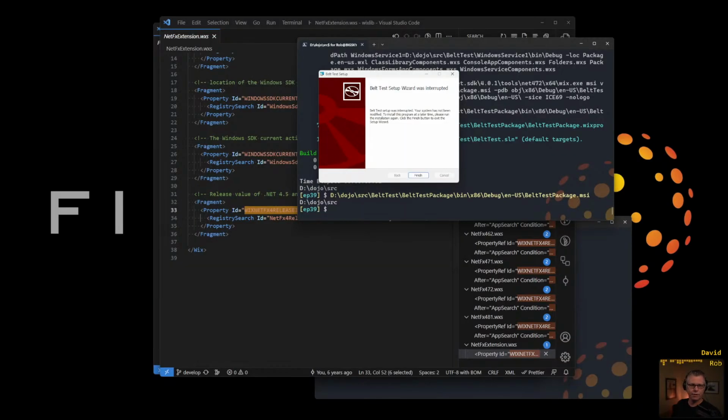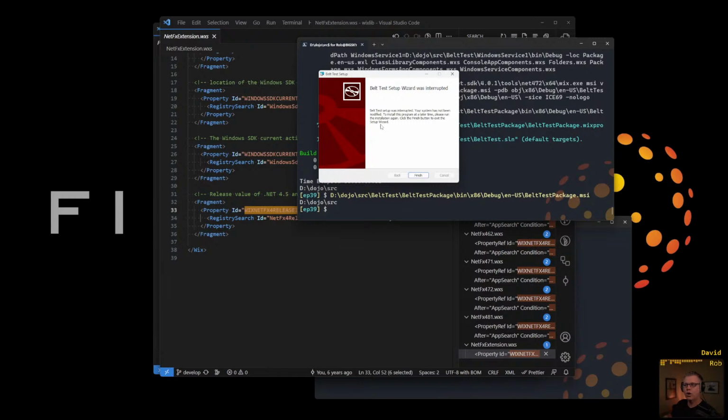So on YouTube, it is black. On where we're at, it's not. So okay, all right, that's fine. Sorry about that. That's good. I'm glad it's all black on chat. So there you know that your elevation prompt came up. I hit no, and it said, hey, the setup was interrupted, has not been modified, all that kind of good stuff. All right. Excellent. Oh yeah, my picture should have stayed there. That's cool. It was all black except for my picture in the bottom corner. That's because I was being overlaid. All right, great. Good to know. Thank you, Martin. That's good to know.